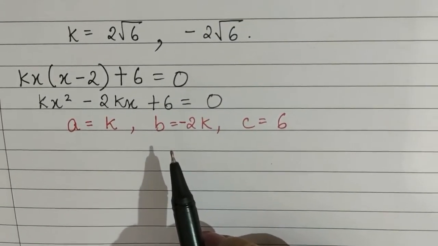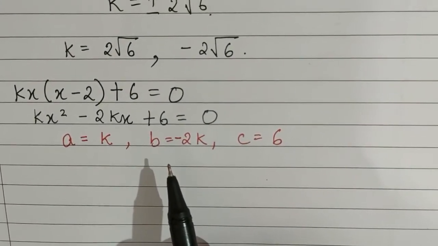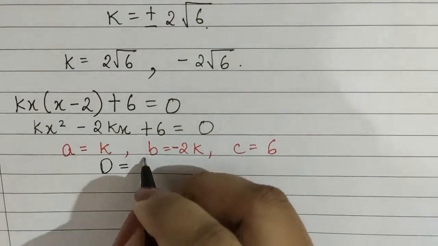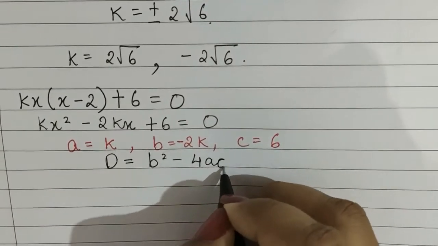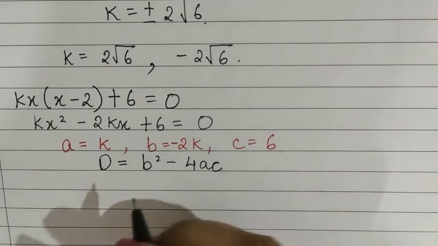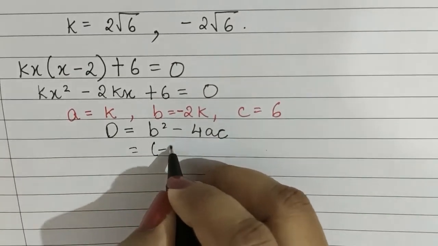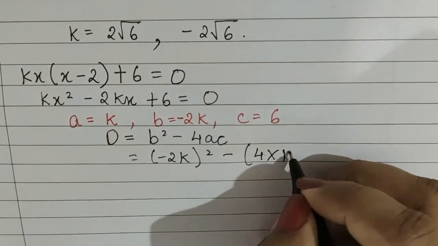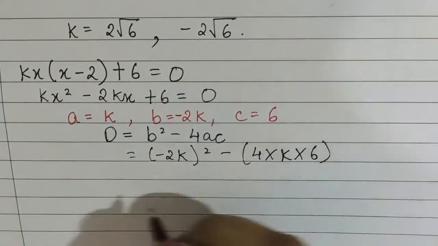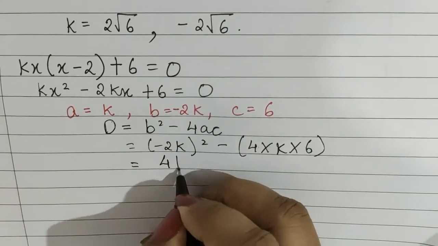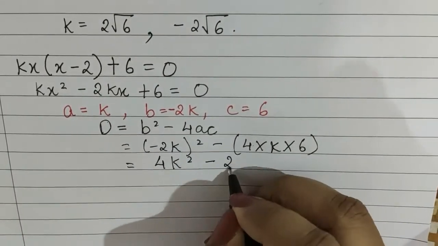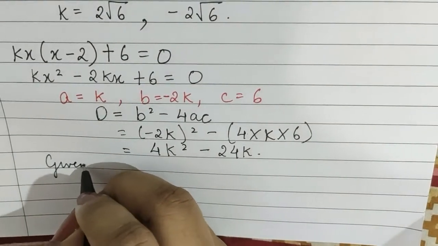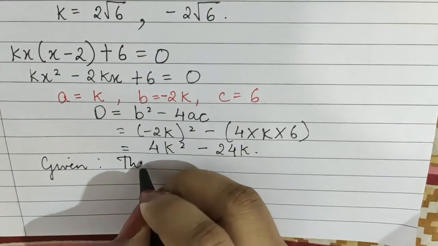Now over here we are going to write it in the form of D equals to B square minus 4AC. So B square is what? Minus 2k whole square minus 4 into A is k into C is 6. This will give you 4k square minus 4 6 are 24k. Now in the question it is given that the roots are